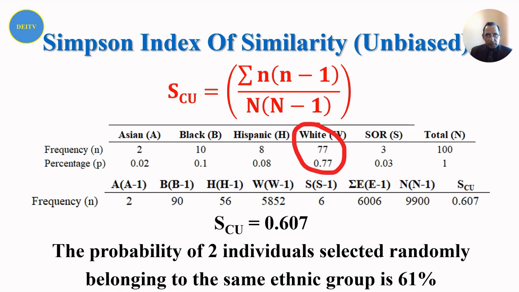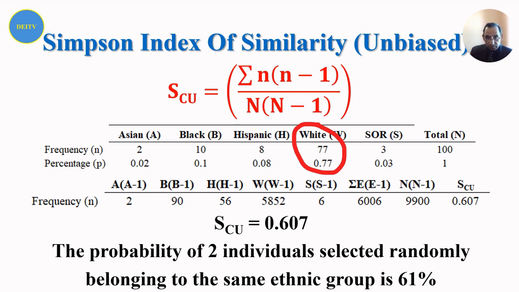To obtain an unbiased coefficient of similarity or concentration for ethnicity, you take the number of individuals of each group times the number of individuals minus 1. You do that for each group, and then you sum that product. So in this case, for Asians, it's going to be 2 times 2 minus 1, which is 2. For blacks, it's going to be 10 times 10 minus 1, that's going to be 90. And all the way till you get to some other race, which is going to be